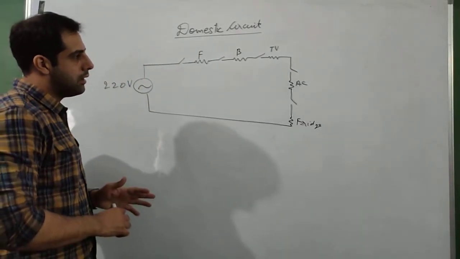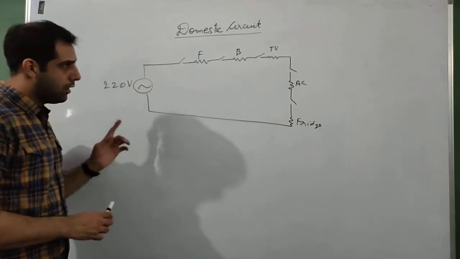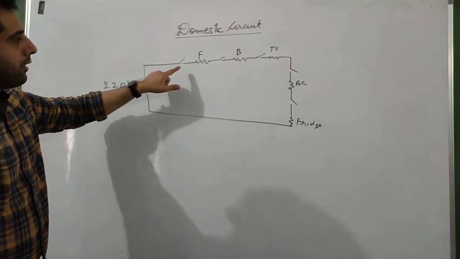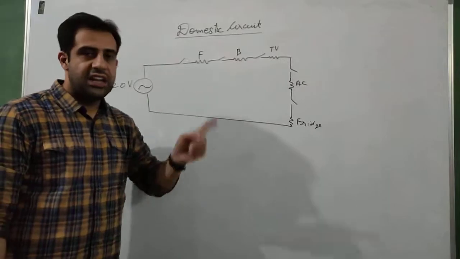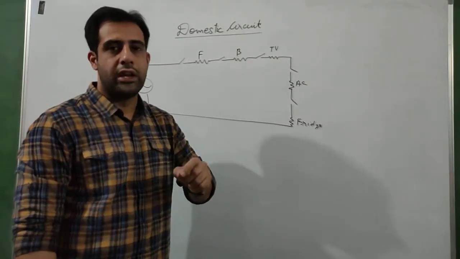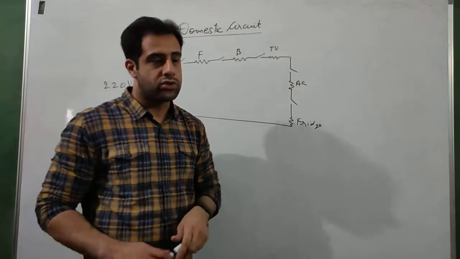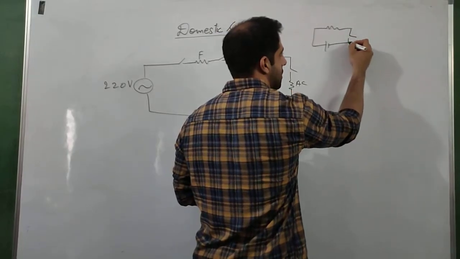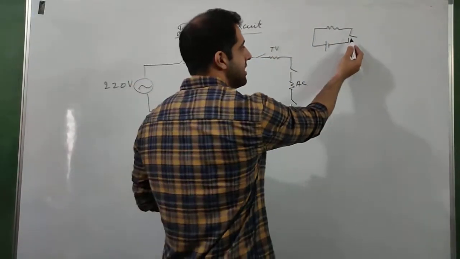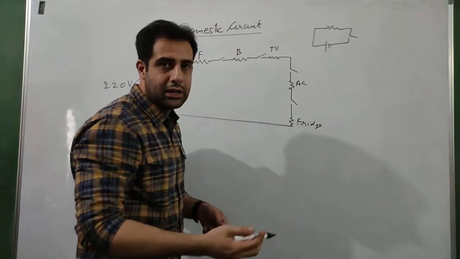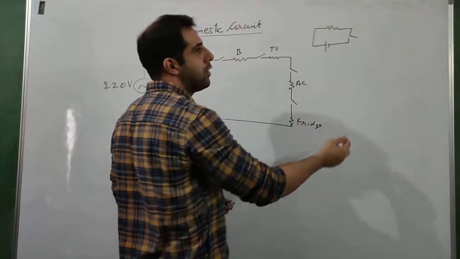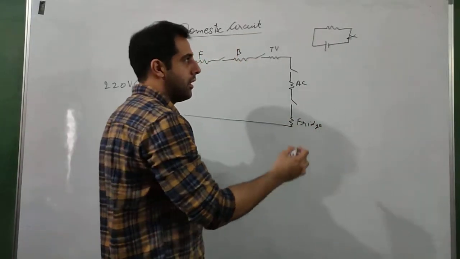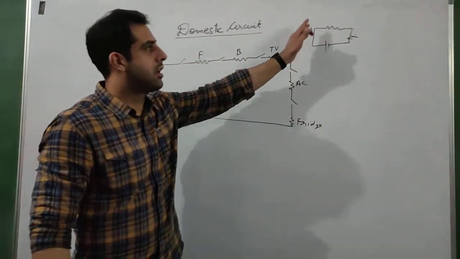Now what is the disadvantage of connecting in series? First disadvantage: we know that for a current to flow in any circuit, the circuit should be closed. That means if we have a circuit like this and a switch like this, and if it is open, the circuit is broken. It is not a complete circuit. In that case, the current will not flow in the wire. Only after this switch is closed will the circuit be completed and the current start flowing.